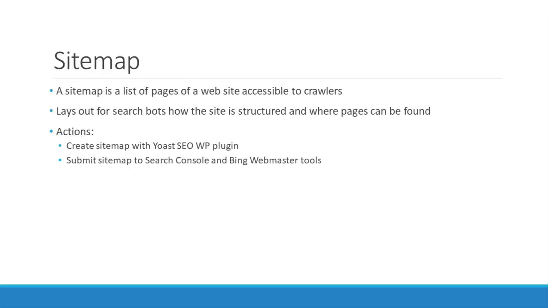Then we're going to look at sitemaps. A sitemap is a list of pages with the idea for a website to be accessible to crawlers. So essentially it lays it out for search bots, how the site is structured and where pages can be found. It helps put some of those links together. So it puts point A, B, and C, so that way a bot can figure out how to navigate the site,